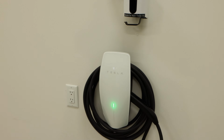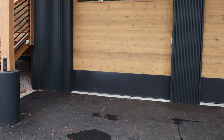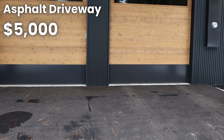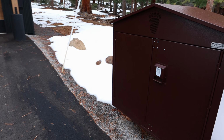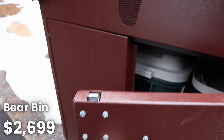$17,865.92. We installed a Tesla charger in the garage, and that was $817.15, including the labor. The asphalt driveway was $5,000 and had to be done twice because the building department said our driveway was too high the first time. We've got a lot of hungry bears and coyotes in the area, so we had to get this steel trash enclosure installed for